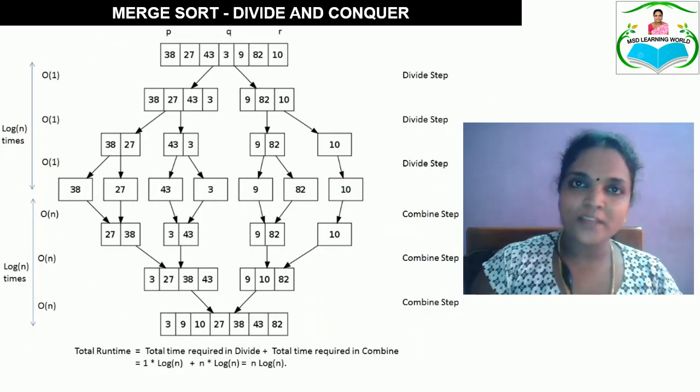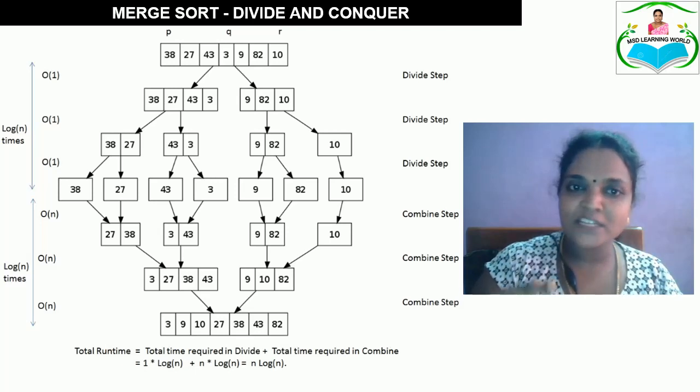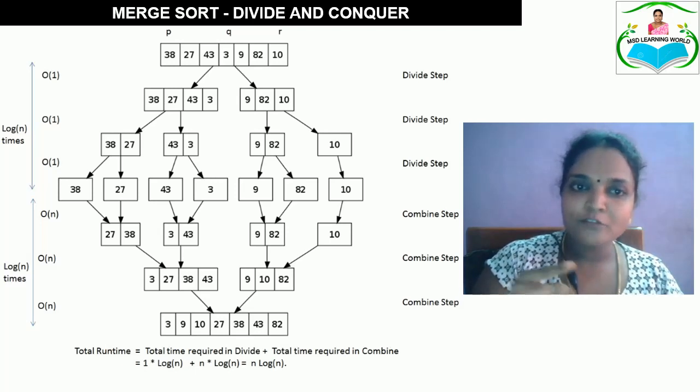Coming to the time complexity of divide and conquer, we have seen the same example for performing the merge sort. So let us take the same example and see how the time complexity is calculated. When you have some number of elements, the divide operation is going to be taken n by 2 number of times, that is 7 by 2, it is 3 times. So 3 times the division is going to be performed. So it is log n times.